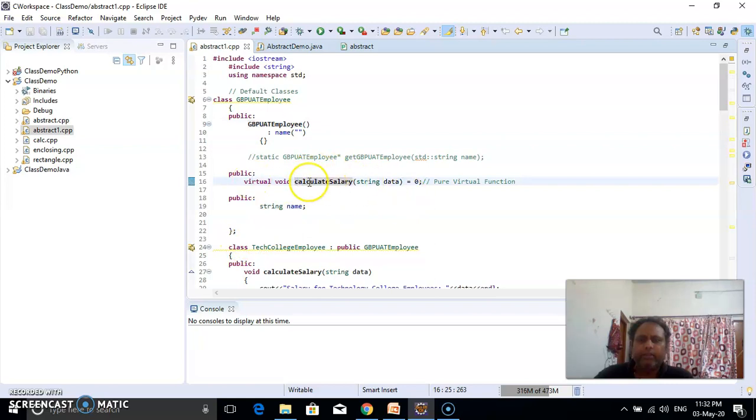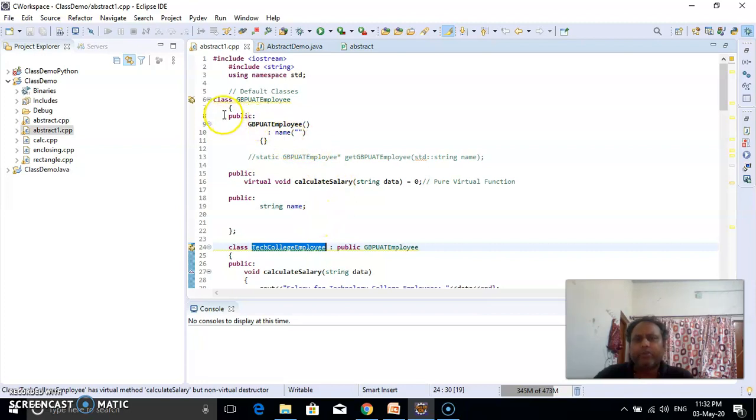And this is the representation of an abstract method, which in C++ is declared as virtual, and initializing it to 0 means this is a pure virtual function, which has no body and no definition over here.